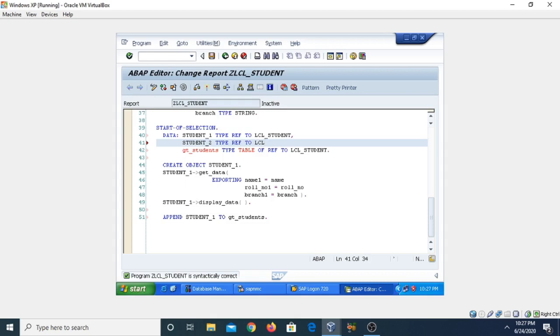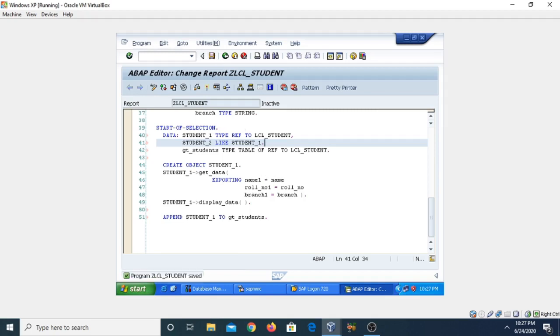Either we can use the same statement, that is student 2 type ref to LCL underscore student, or you can also use student 2 like student underscore 1, which will copy the data type ref to of the local student to the student underscore 2.